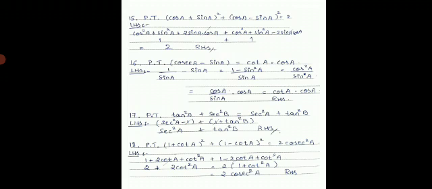Next question. Prove that cosec A − sin A is equal to cot A into cos A. Now, this is the same question as what we have done in the 14th question. Similar question only, so just try this. Cosec A can be converted into 1 upon sin A minus sin A, keep sin A as it is, after taking LHS. Then take LCM. 1 − sin²A is equal to cos²A. Keep sin A as it is. This is the LCM part.